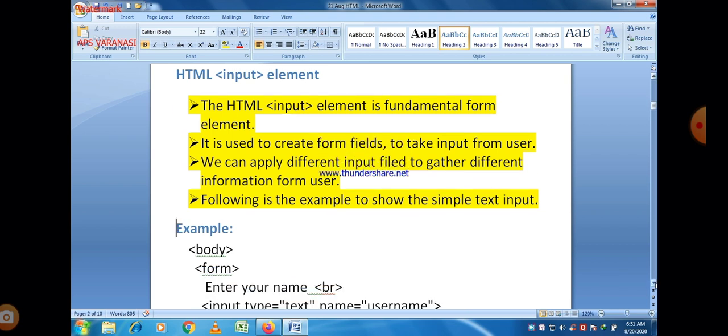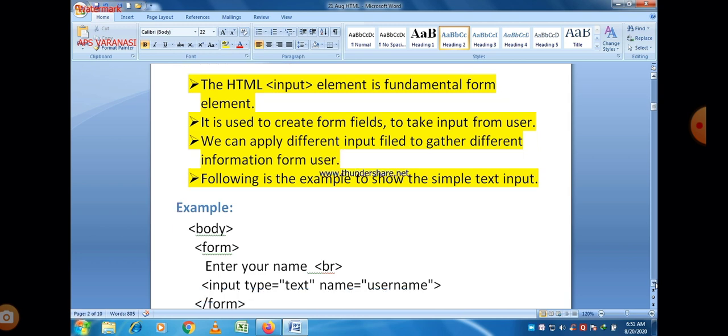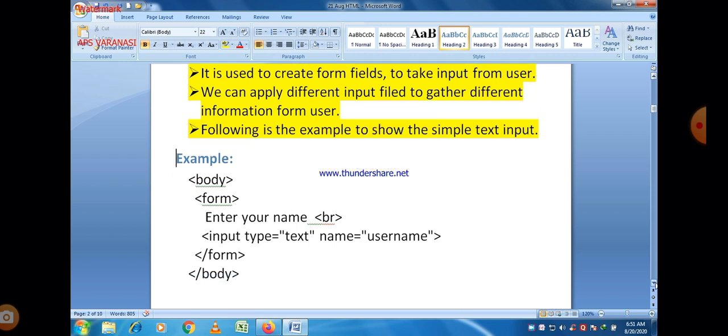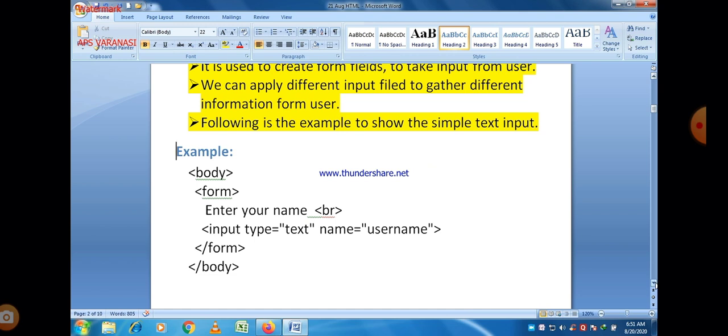You can easily see that here we write the program from the body tag. The focus is basically on the form tag. So we write body, after that form. If you want to execute this program, also write html, head and title tags. So first the body tag, after that the form tag, and there is a message, enter your name. After that the br tag is there, and as you know, br is an empty tag, and it is used to break a line.